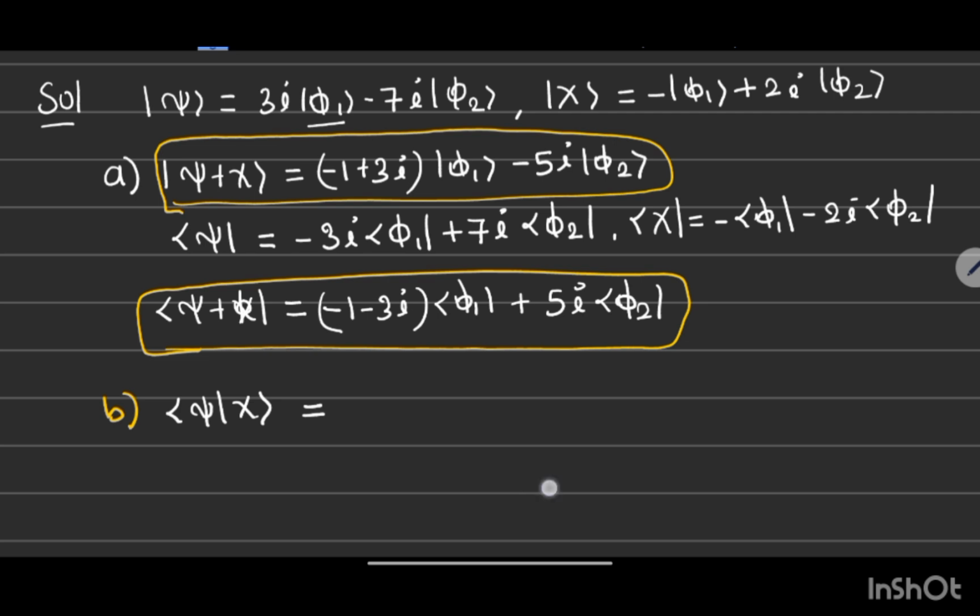Bra psi is given, which is minus 3i times phi 1 plus 7i times phi 2, multiplied with what? It is ket chi, which is minus phi 1